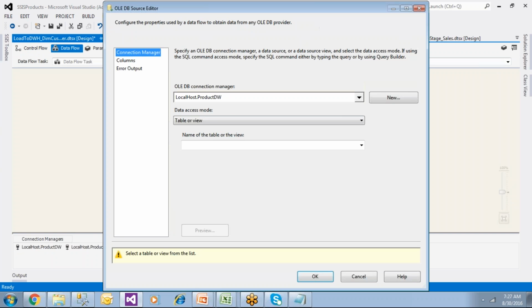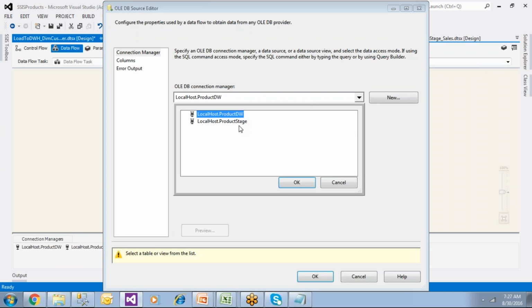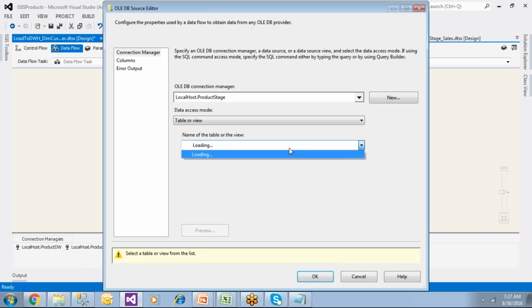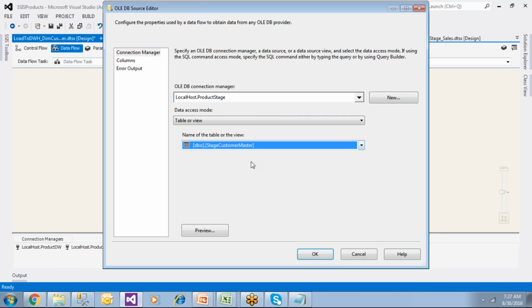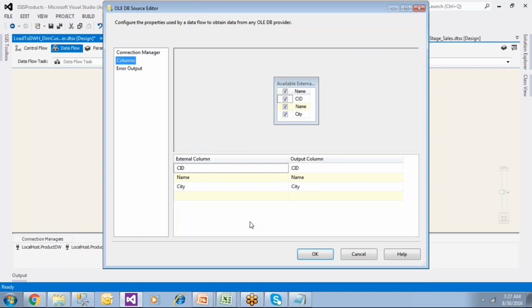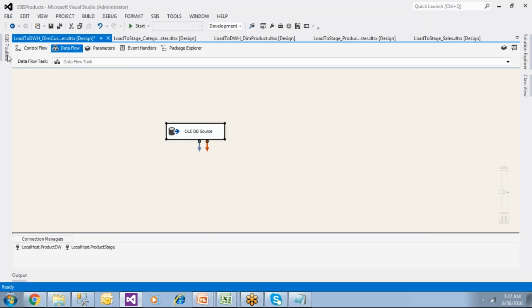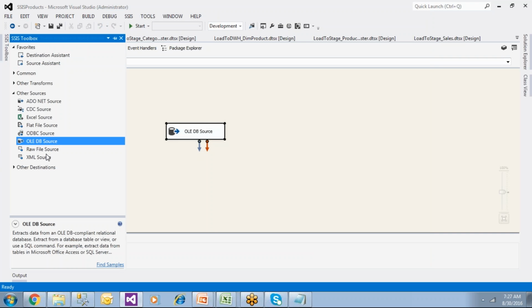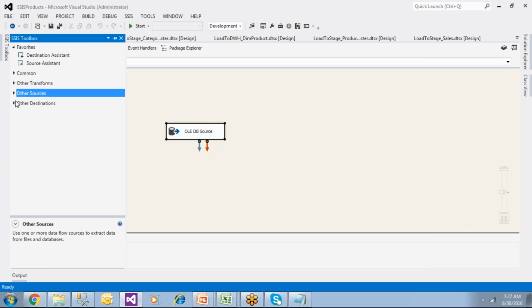Source, OLTP source. Double click on this, and this is the staging, and I have to take the customer table, customer master. I have city and everything, but city anything I don't need, you can uncheck this. Okay, so that is the better thing. Instead of checking and putting, you better uncheck this because I don't need that. Now directly you have to dump it to where